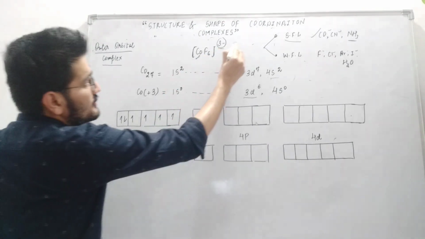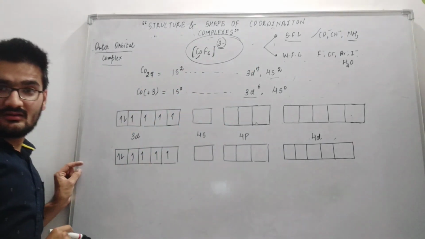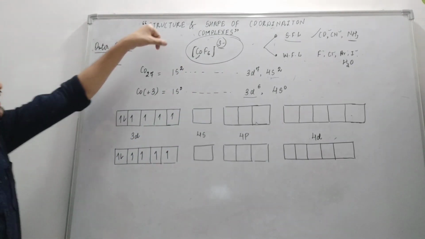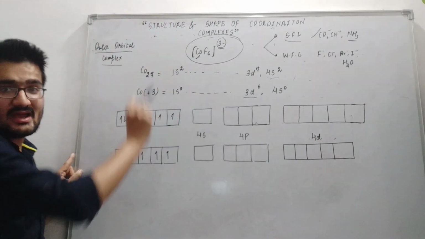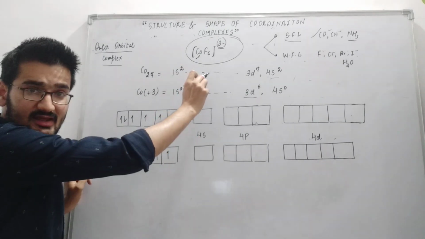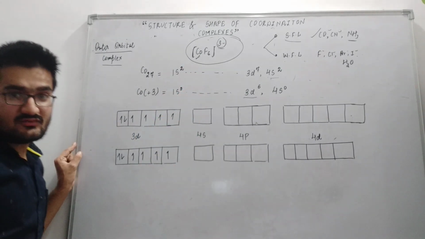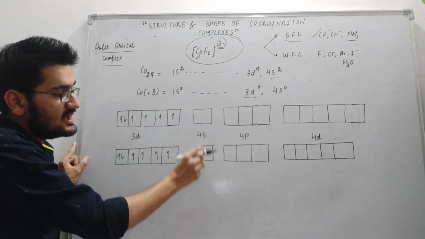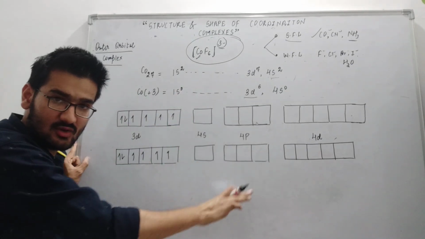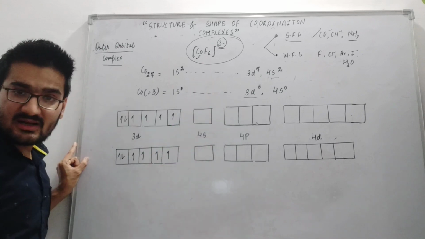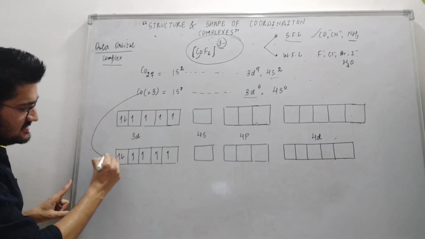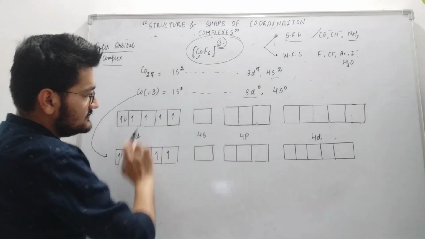Now we have to show the bonding for this complex. In this complex there are 6 ligands, so for the proper bonding we have to show the ligand role as well. What is the speciality of the ligands? The ligands will donate a lone pair of electrons to the empty d orbital or any orbital of the central metal atom. So we are done with this cobalt +3. These are the orbitals of cobalt +3.